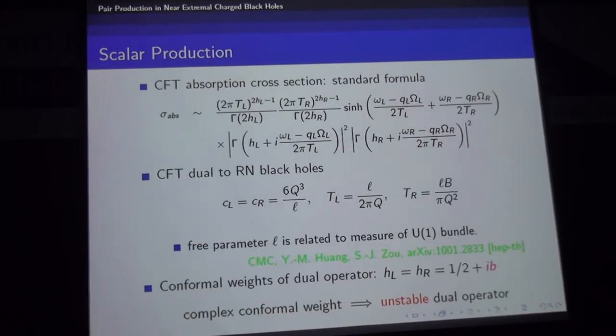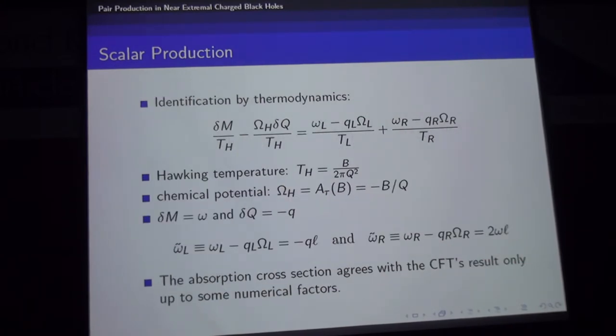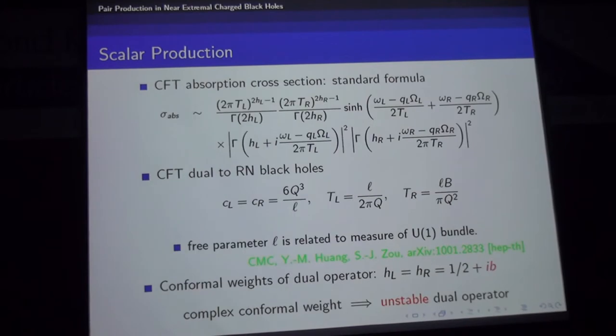And the important issue here is that there's an imaginary piece in the conformal weight. So the conformal weight of the dual operator is complex, and this corresponds to an unstable dual operator. Okay. And once we can read out the conformal weight, then we use the standard approach to identify the